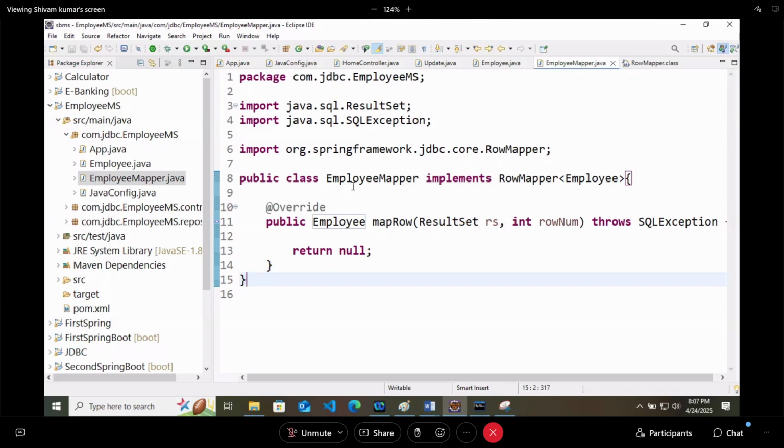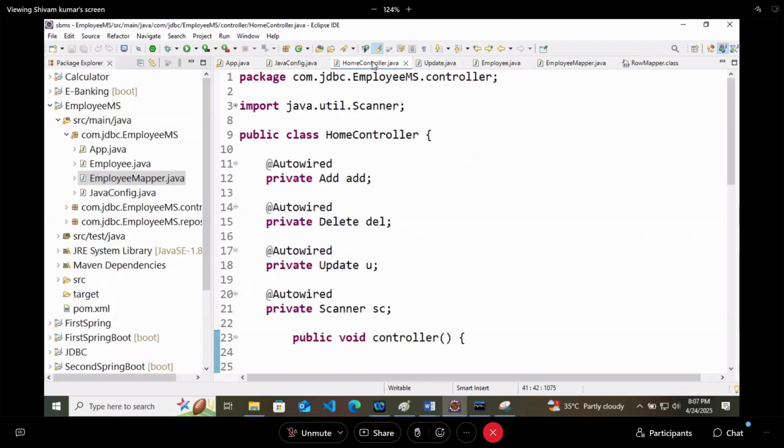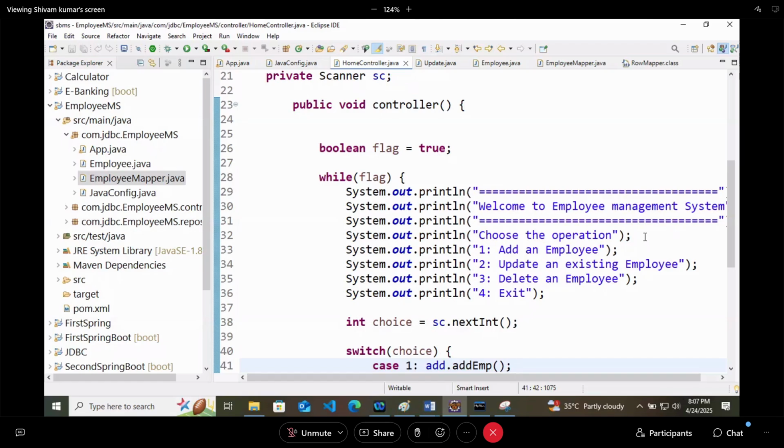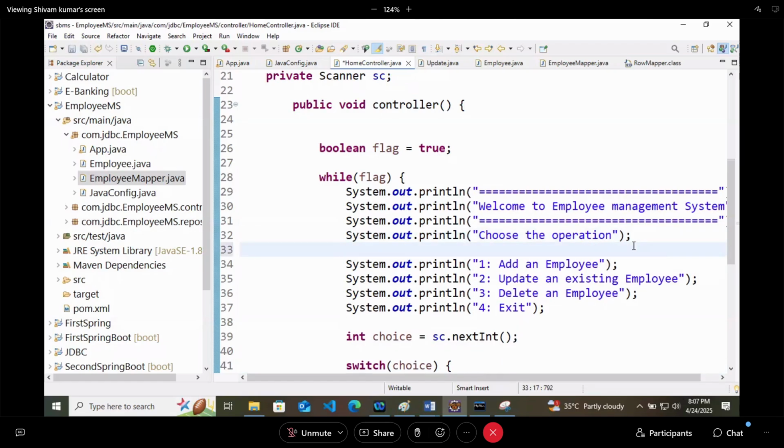Now let's try to use this mapRow method. So where we will use it? At first in the home controller, I will add one more option. First option, sys out, check all employees. What is a good word to write here? Check is not looking good.